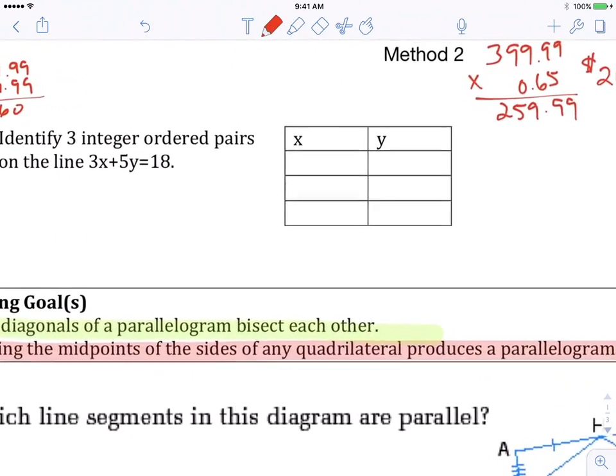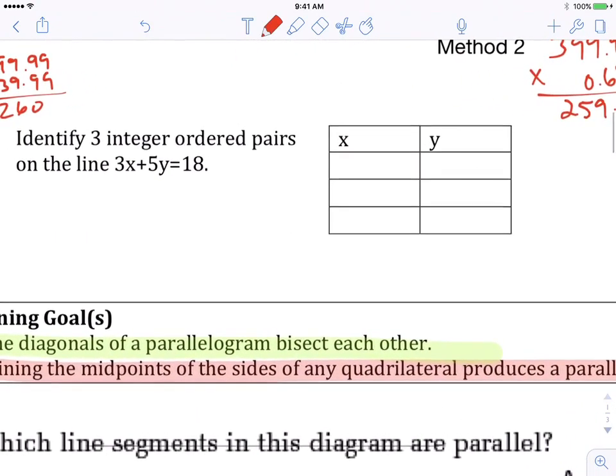Identify 3 integer ordered pairs on this line. So we're given the equation, and we want to find ordered pairs. It just means let's find coordinates on that line. Well, the simplest way to do this is to just plug in any number for x and solve for y. But if I'm going to find ordered pairs, instead of subbing in, for example, 1 for x and then solving for y, what I might do to make my life a little bit easier is rearrange my formula first into